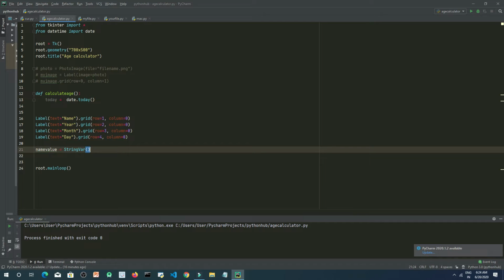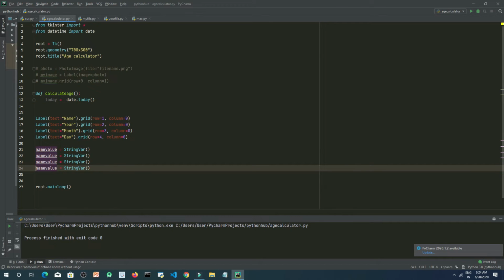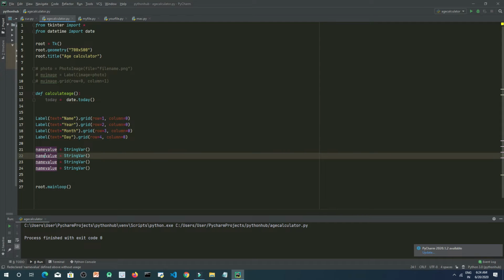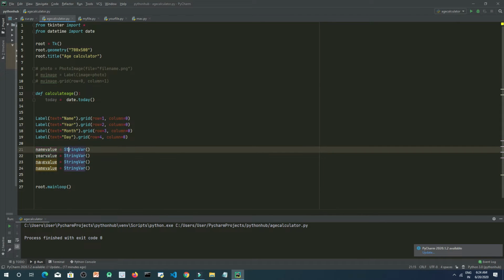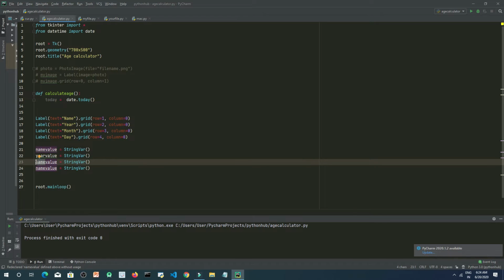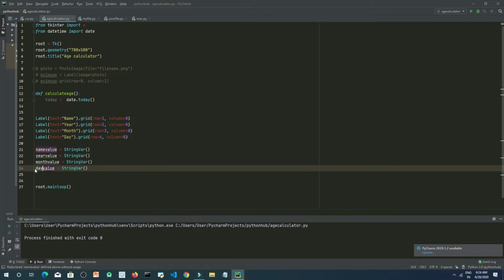Okay, so you will understand what its use is. Okay, so we will take 4 variables because we need to know the name and year, day and month of the user birth. Okay, so let's replicate it, and this should be name, and this should be year, and this should be month, and this should be day. Okay, now let's move ahead.